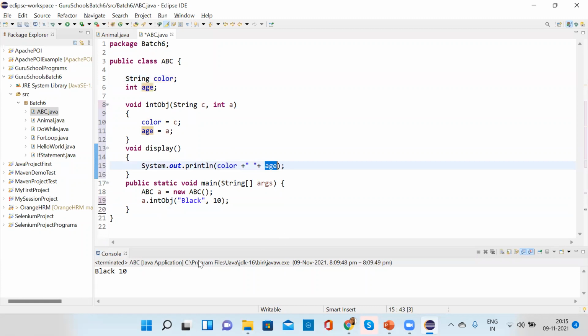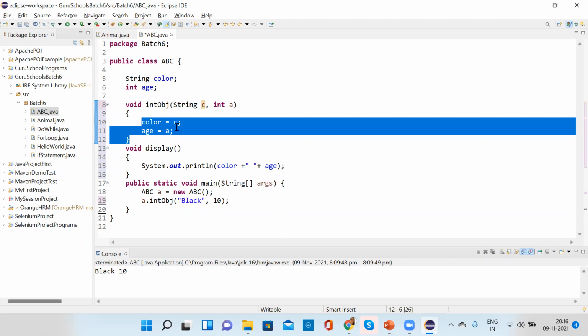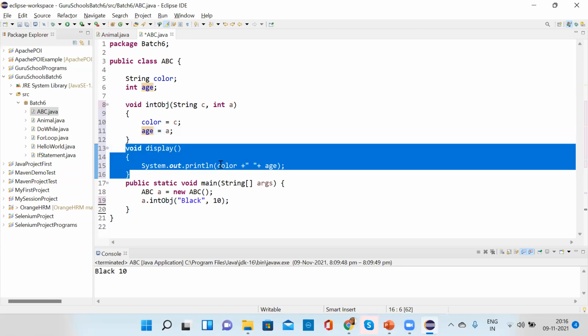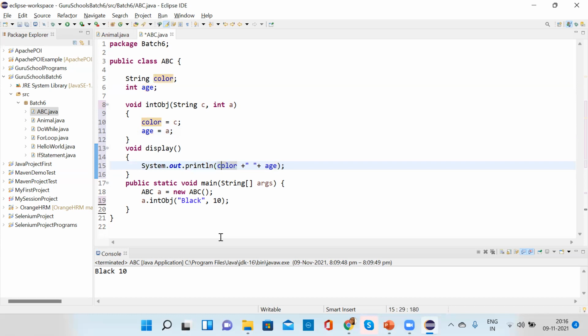Everybody understood that black is going to C, 10 is going to A, and then with the help of this initialization, the C value is going to color, the A value is going to age, and then in this method we are printing the color and age. Simple.